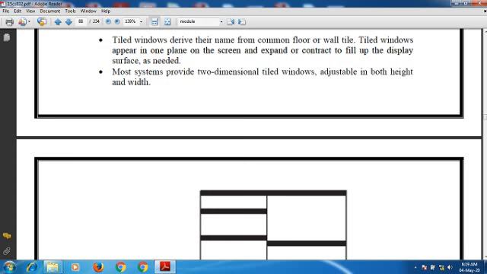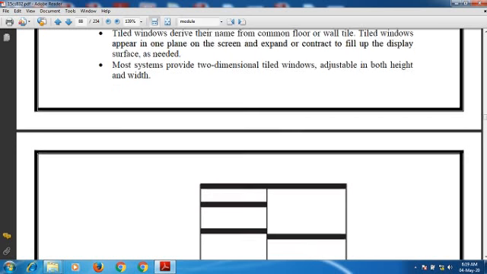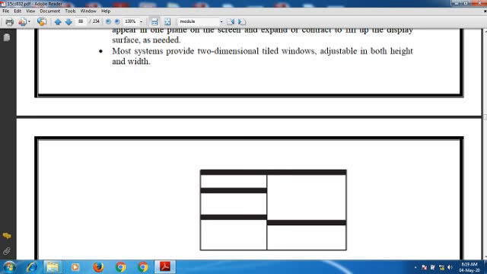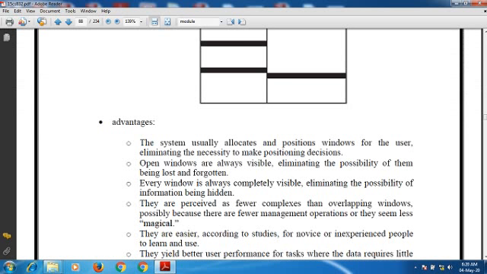Most systems provide two-dimensional tiled windows, adjustable in both height and width. In certain cases, on some less powerful systems, they are only one-dimensional, the windows being adjustable in only one manner, that is, you can adjust the height only.